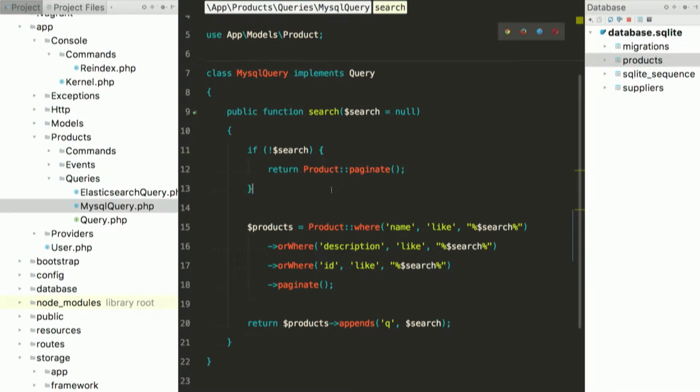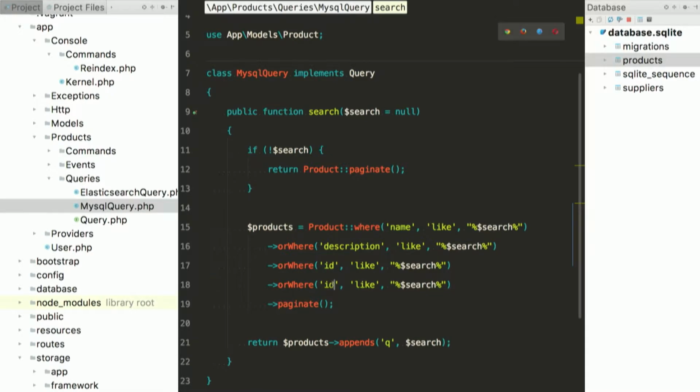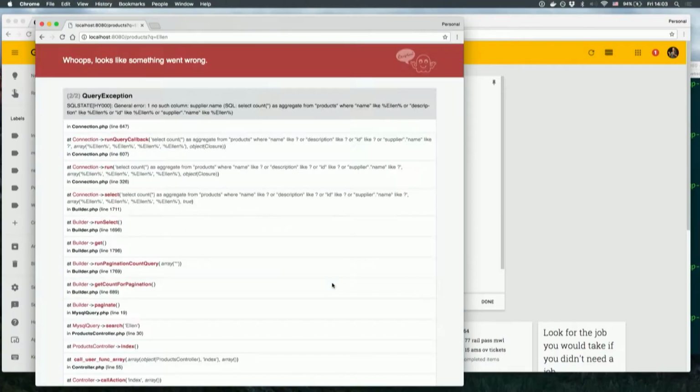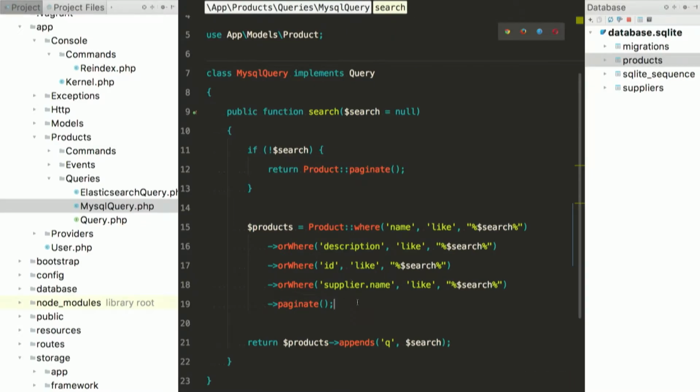So, how do we do this? Can we do like supplier.name? Nope, doesn't work. Doesn't work like that. But what we can do is we can do some joins, and we can do a where supplier.name. But there's also like super sugar syntax stuff, where we can do where a product has a supplier, and then